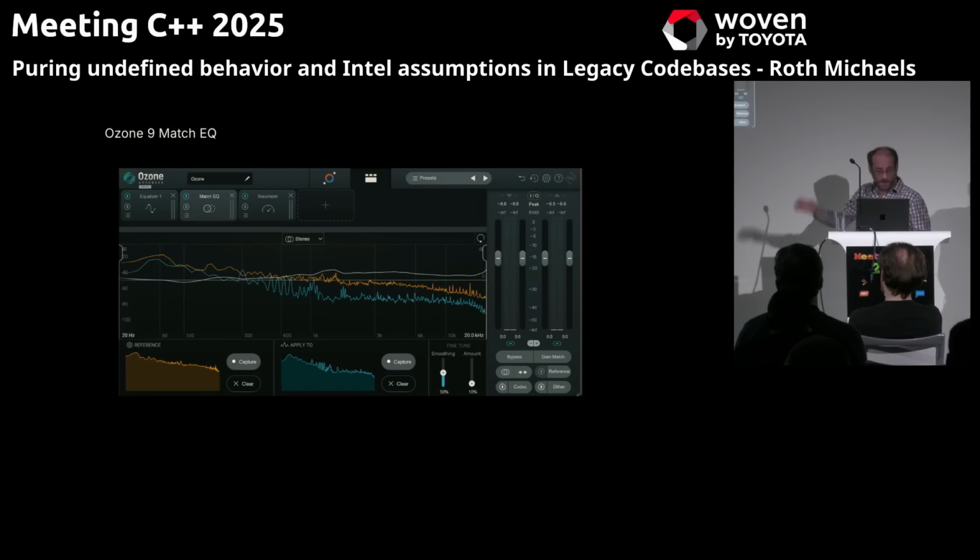But when we were working on Ozone 9 and this match EQ function, you'll see these two yellow and orange spectrums at the bottom of the screen. That's what's being represented by that snapshot data. And we changed how we were serializing this stuff. Previously, they were saved to disk, and we changed them to be saved in the state of the audio project